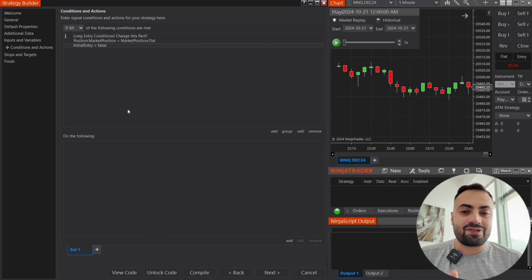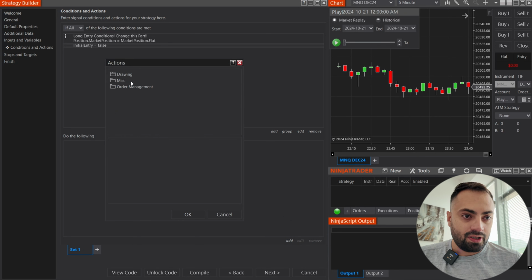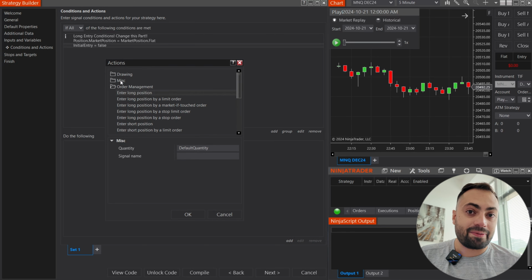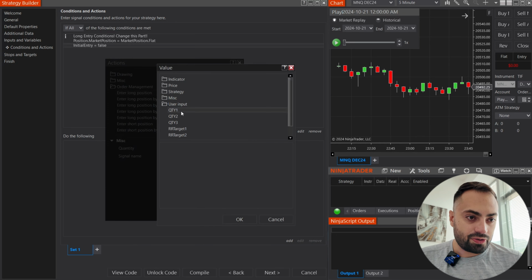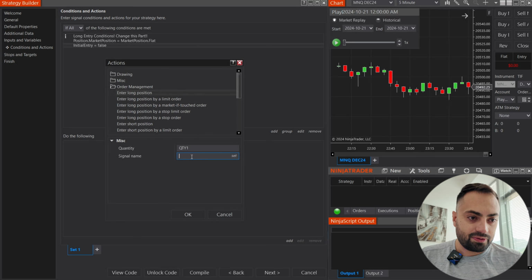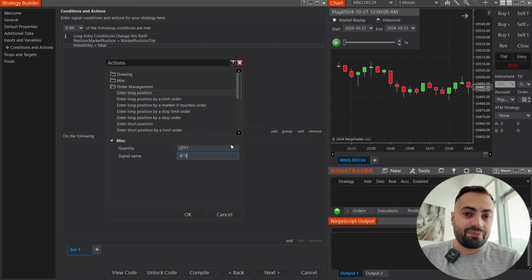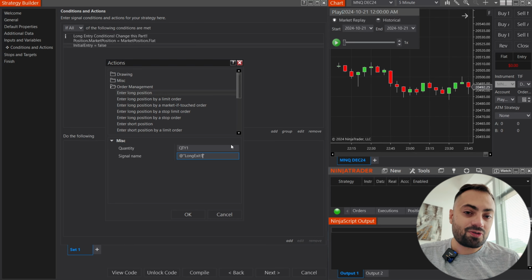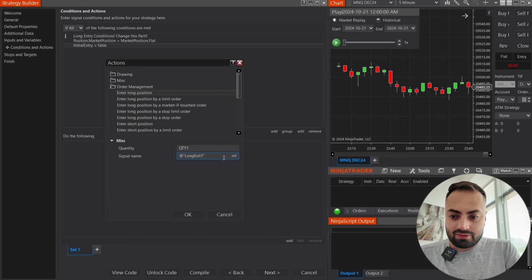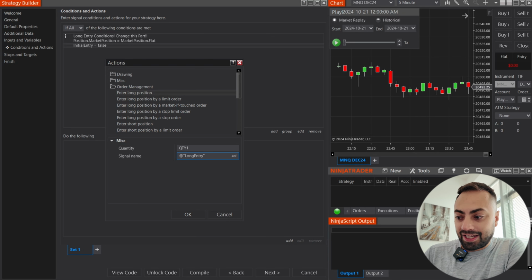So once we have that, let's submit our long entry orders. So go to the actions section, and we're going to submit 3 separate orders because remember, each target is its separate order. So enter long position, quantity, user input. We're going to just select that integer we created, and the signal name. This signal name will have to match when we submit our exit orders as well. So make sure you remember them, keep them simple, but each one will have to be separate. So this one, I'm going to say long entry 1